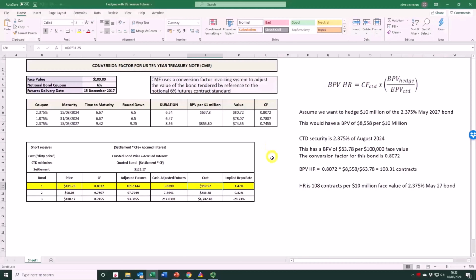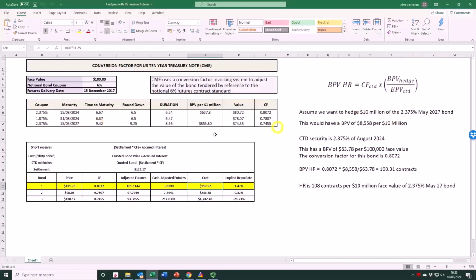Once we've identified the cheapest to deliver bond, we can then populate this formula here, which is the key hedge ratio formula. So we can see we're making reference to the conversion factor of the cheapest to deliver, the BPV of the bond we want to hedge, and that's divided by the BPV of the cheapest to deliver. So now that we've identified the CTD, let's now assume perhaps that we want to hedge this bond